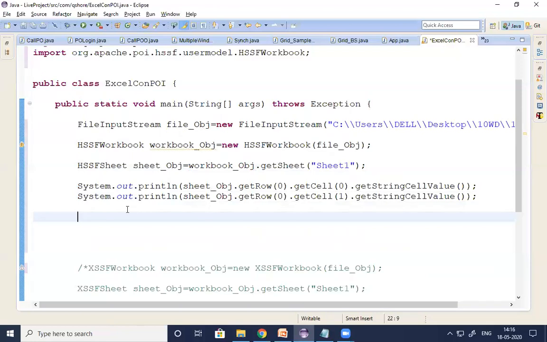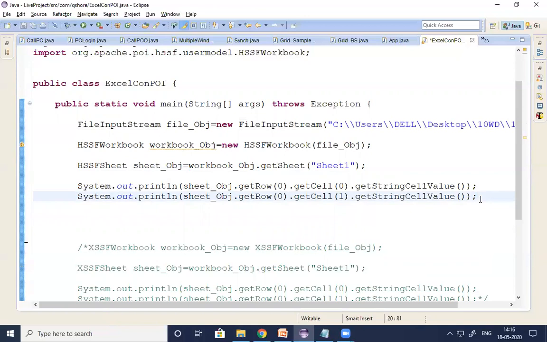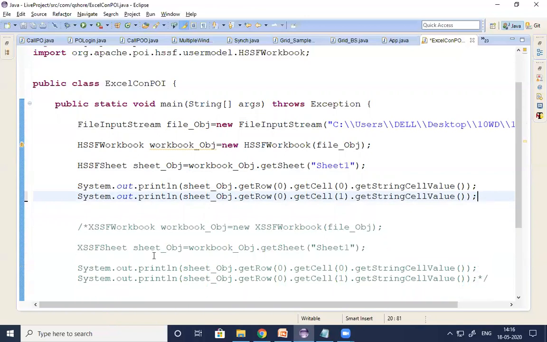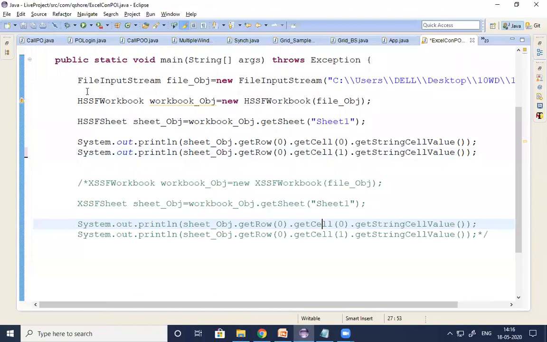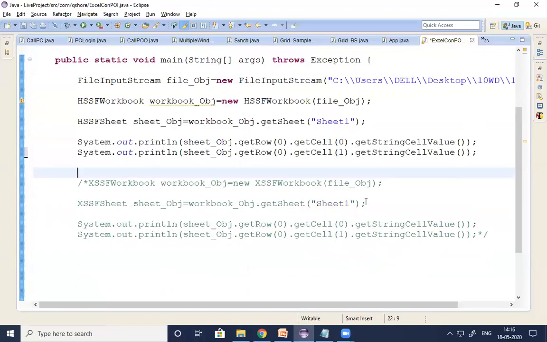Let's run this code. When you run this code, it will connect to the Excel file and read the data from the older format. Understand everyone, guys? So in this example, you can see both formats. The first example is for the latest version of Excel, and this is for the older version of Excel. So these values we can pass into the application also. With the WebDriver interface, we can create it, write regular code, and parameterize this data into the application as well. This is how we use the poi.jar file and read the data from older and latest versions of Excel files.